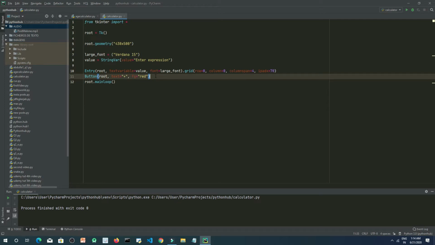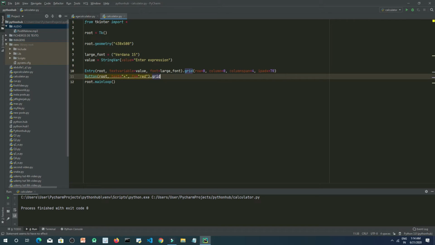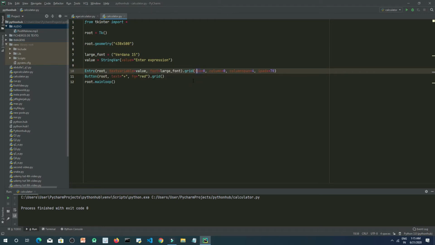so now let's tag this using grid method, and you should know that this should be in the row first and column 0, right? Because the row first has been given to the entry widget.